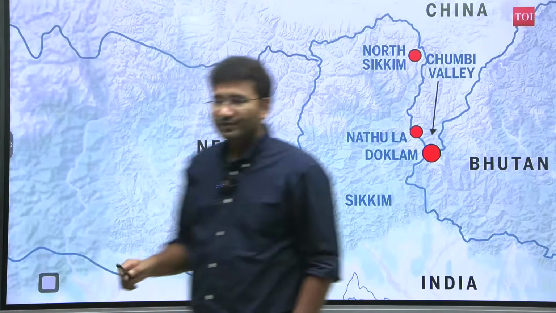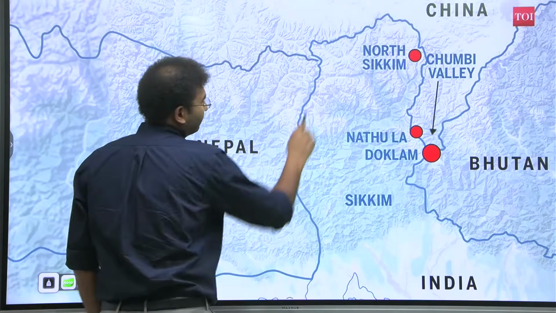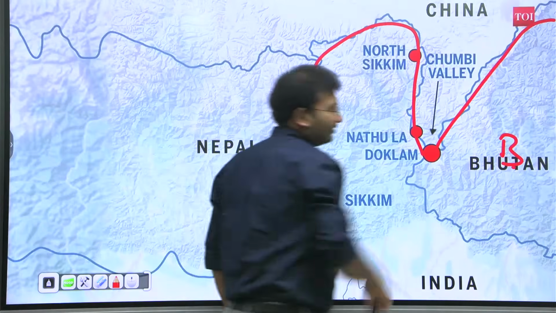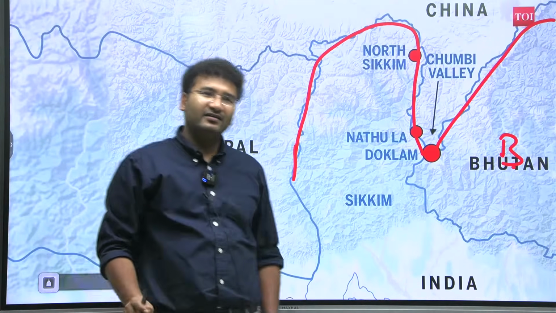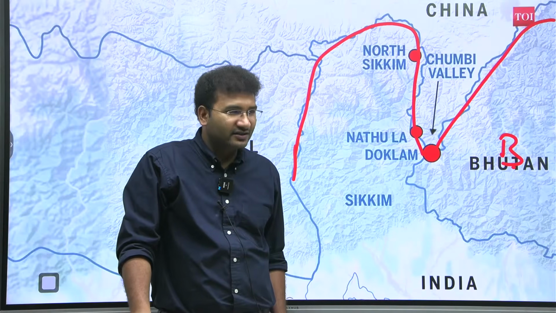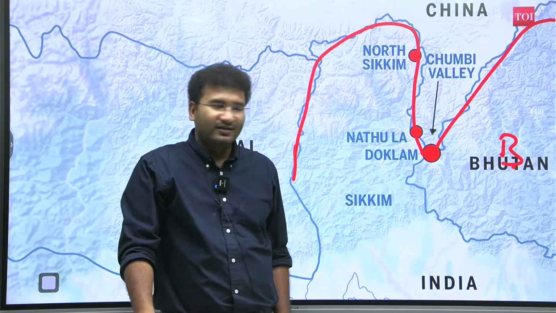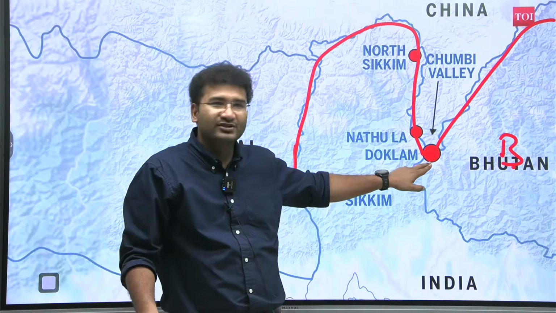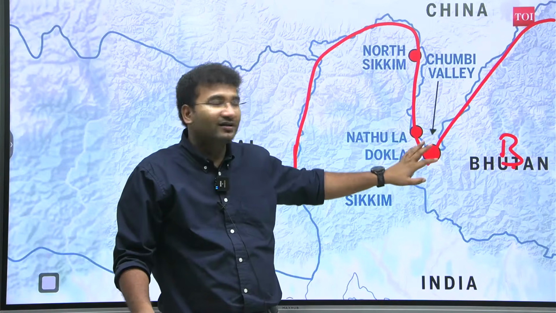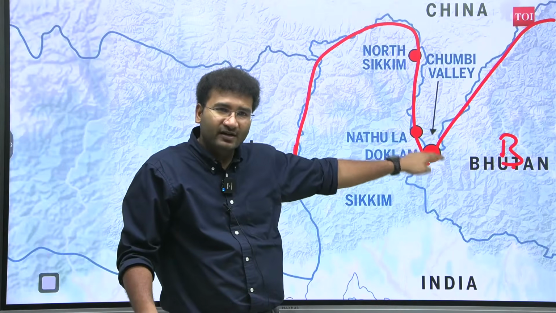Now come to the northeast. Here is your Sikkim, and this is your Bhutan. So India protects Bhutan. Bhutan has protectorate status. If Bhutan has to go to war, it has to go with the Indian army only. So last time what happened is this Doklam issue. Doklam is actually a standoff, you might have heard. Here the issue was between China and Bhutan, where the army is present.